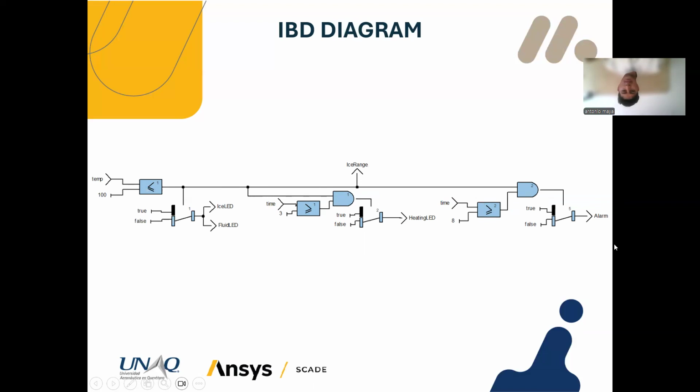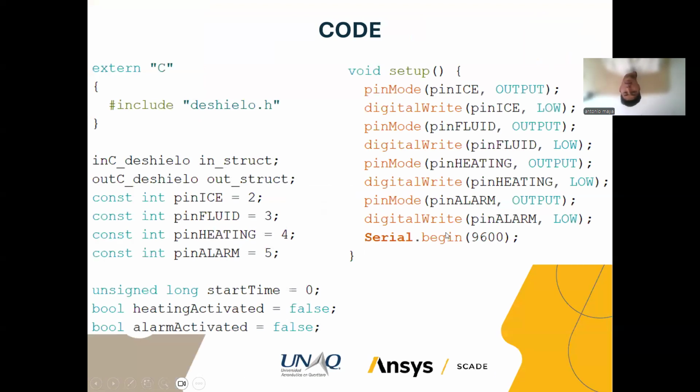These two subsystems are going to turn off when the temperature rises above 100. So if the temperature rises above 100, then it's going to turn off all these subsystems, the LEDs, and that. What is the code going to do? This code is implemented from the ANSYS suite, and we basically have to call this extern C library